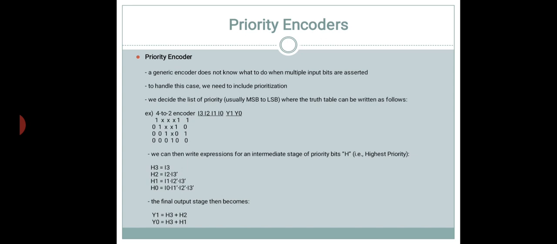In this case we have represented this by using a truth table. Here the priority of the MSB bit is considered. Whatever the remaining bits may be, the MSB bit will represent the output line. So when the MSB bit is activated or at logic high, whatever the remaining bits may be, those are don't care. This will represent the output equal to 1 1.